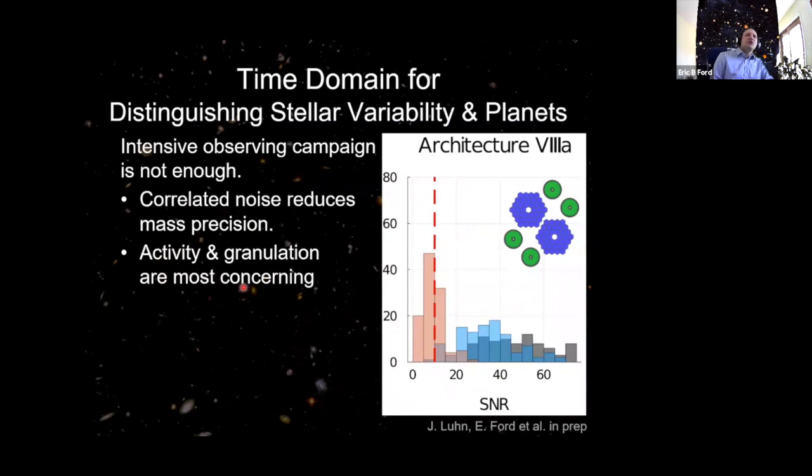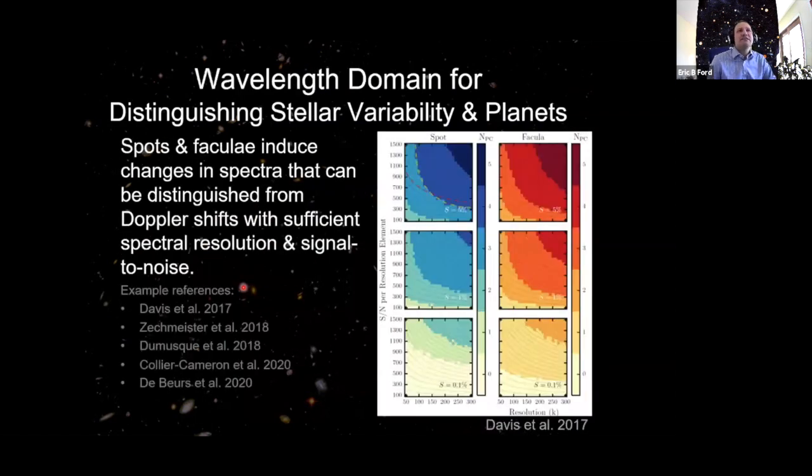And so that motivates us to look at what we can do in the wavelength domain to distinguish stars and planets. There have been several studies looking at the information content here, showing how much information you could extract from simulated solar spectra, even in these relatively simple simulations, looking just at spectra that include linear combinations of resolved solar spectra to simulate spots. We can see that the current generation of spectrographs could get one piece of shape information. If you just banged on the star with lots of signal to noise, you get out 2, but getting to 3 or 4 is really expensive.